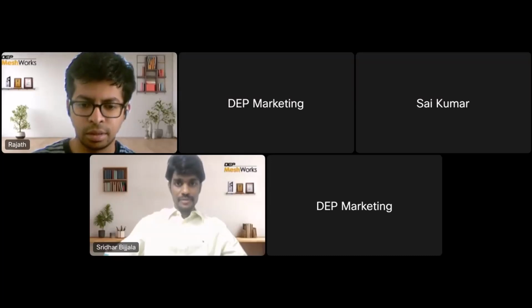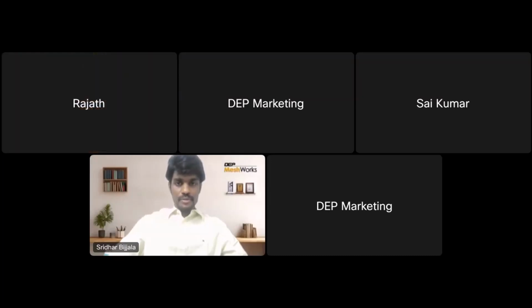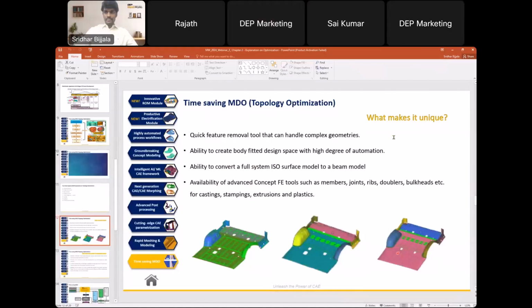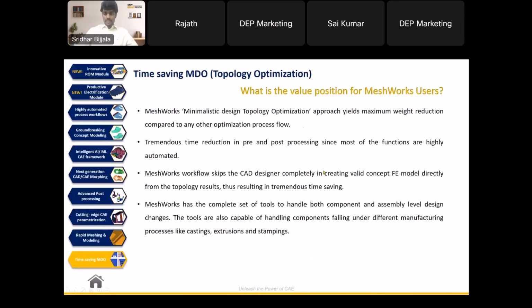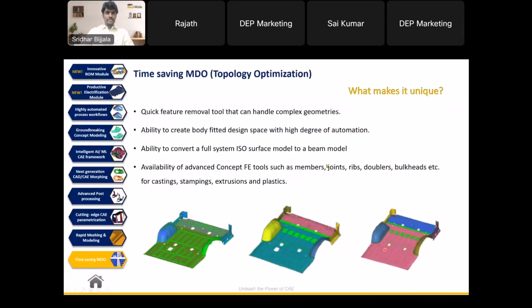Thanks, Sai and Rajat, for the wonderful presentation. So, for the next few minutes I'll spend time explaining the uniqueness and the value proposition of all these wonderful tools. So the topology optimization workflow, if you consider, what makes it unique,